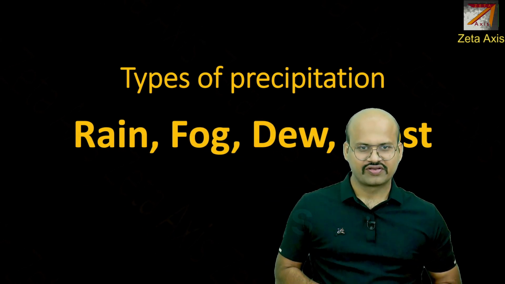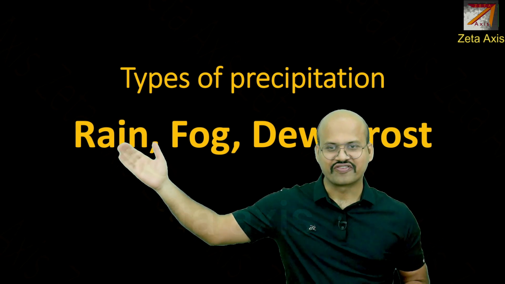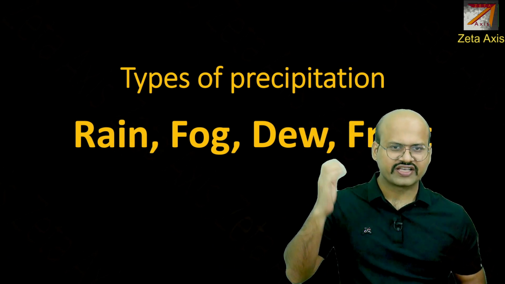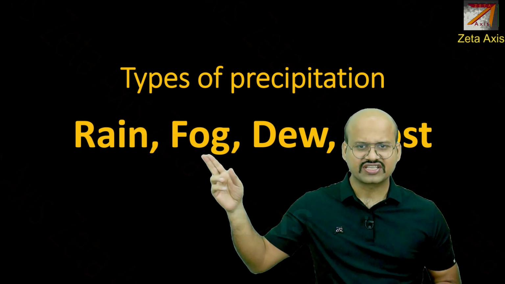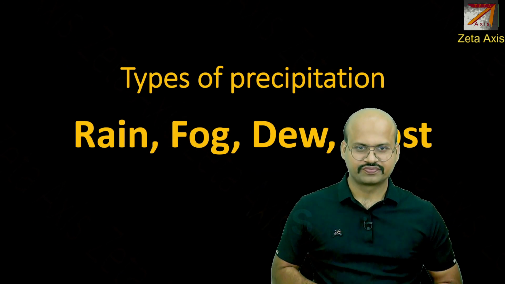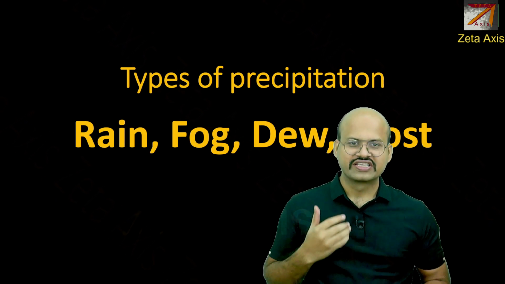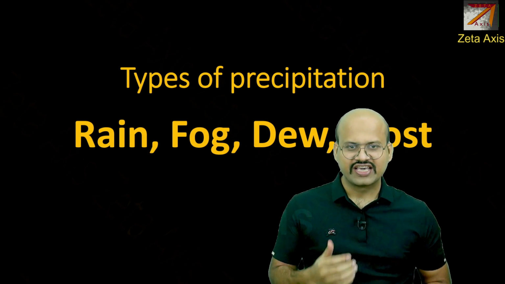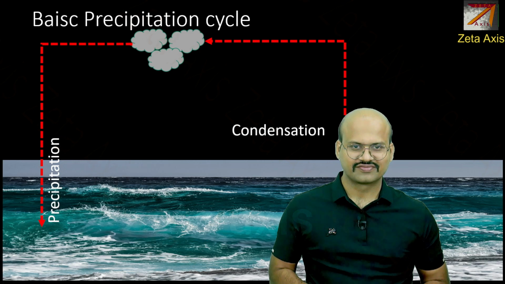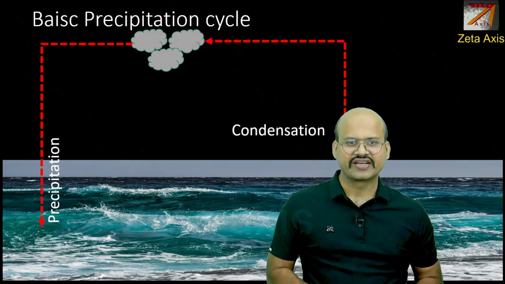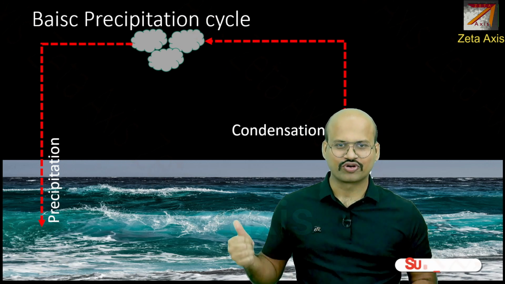Today we are going to discuss different types of precipitation. We will mainly focus on the process of rainfall, and in brief we will discuss fog, dew as well as frost, because we have discussed these in another video. In the upcoming video we will discuss snowfall, sleet, freezing rain as well as hailstorms. The process of rainfall seems very simple, but it is complicated, and we will try to discuss this process in